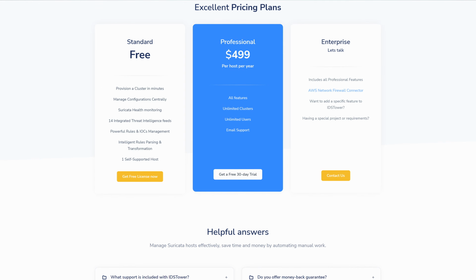If you're managing a bunch of Suricata hosts though, the ability to set them up in a few clicks and manage their configuration centrally would be pretty nice, and that's exactly what IDS Tower does. It's only free to use with a single host, so that does mean at the point I consider this to be actually pretty useful, you do have to get your wallet out. Ah well, not everything is free.